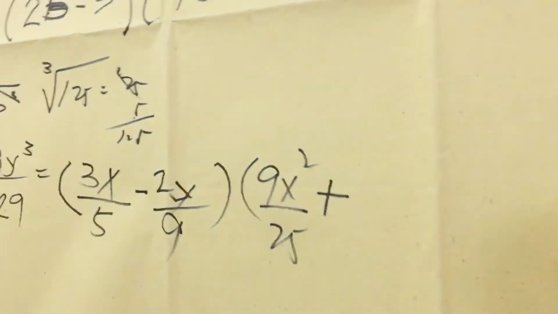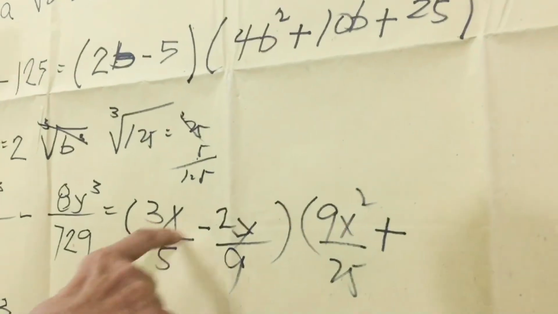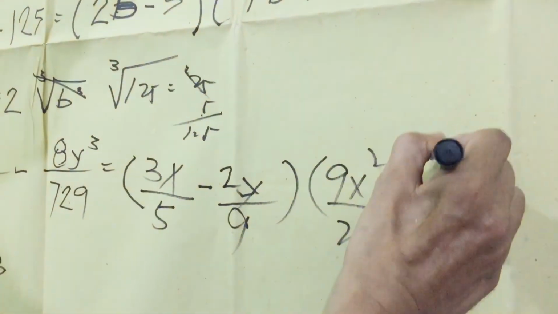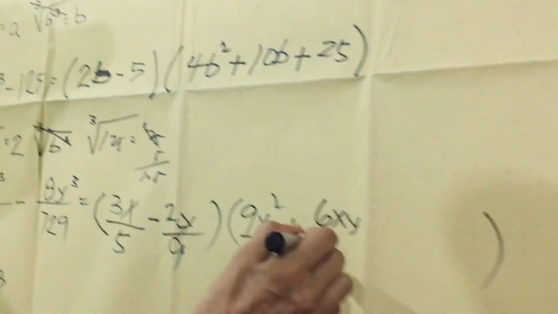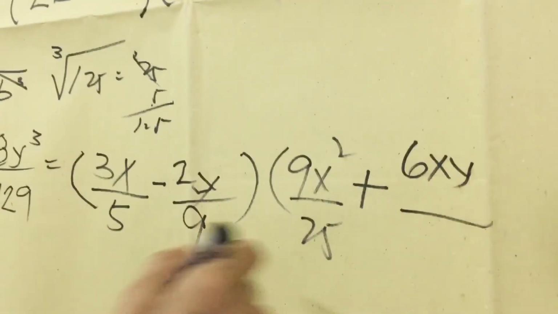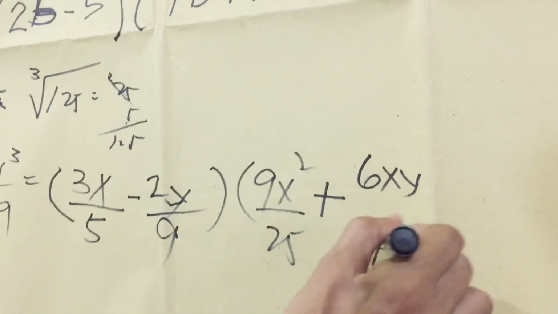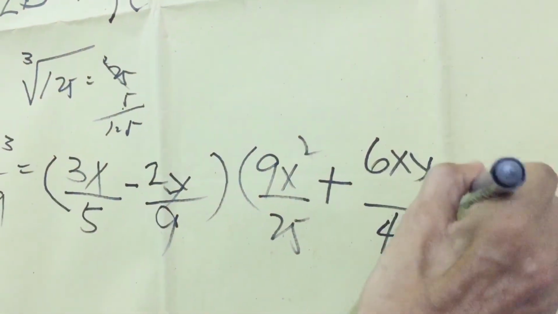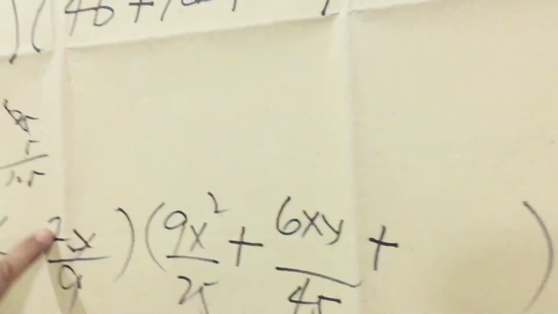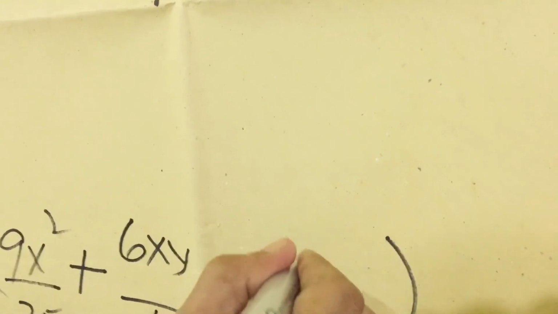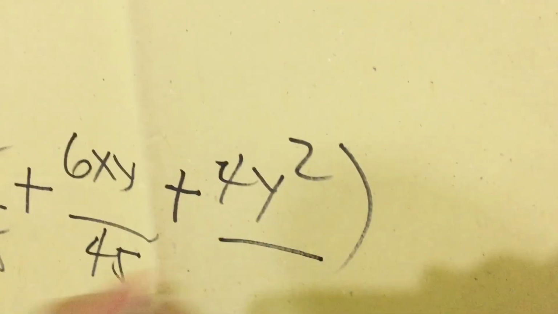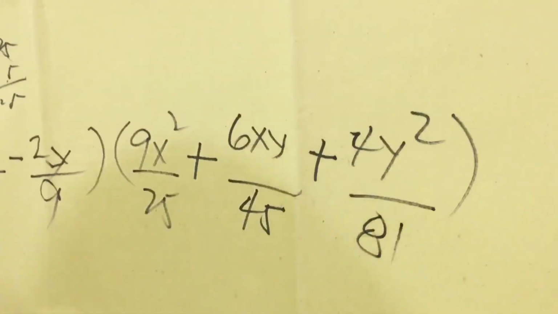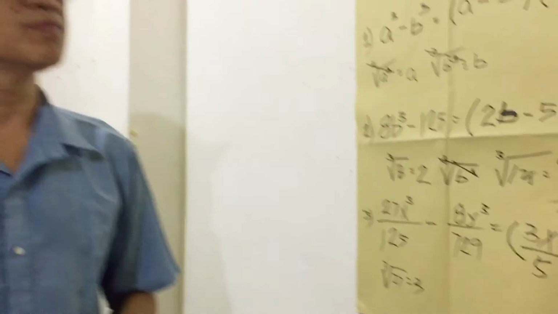And then multiply the first and the second term. Okay, 3 times 2 equals 6xy, over 5 times 9 equals 45. Then negative times negative equals positive. 2 times 2 equals 4. Then y times y equals y squared, over 9 times 9 equals 81. Okay? I hope you understand how to factor the